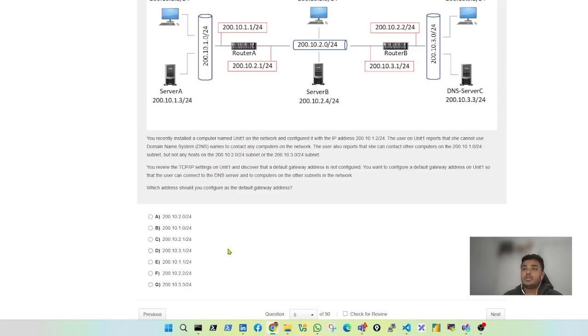200.10.2.0/24, 200.10.1.0/24, 200.10.2.1/24, 200.10.3.1/24, 200.10.1.1/24, 210.2.2.24, 210.3.3.24. So I think the problem here is because she's reviewing the TCP/IP,